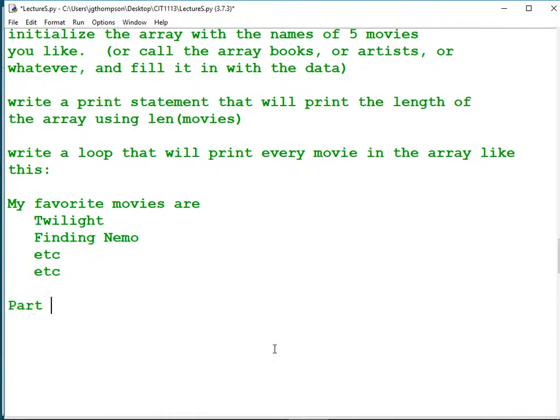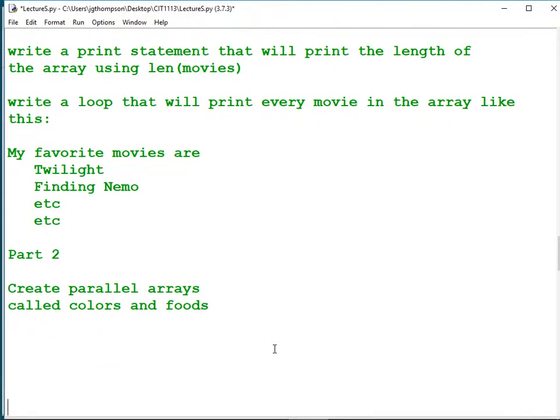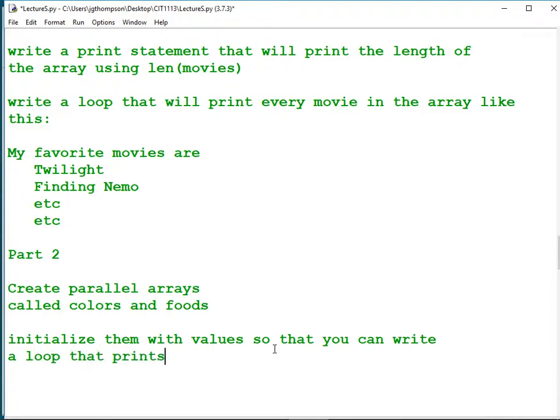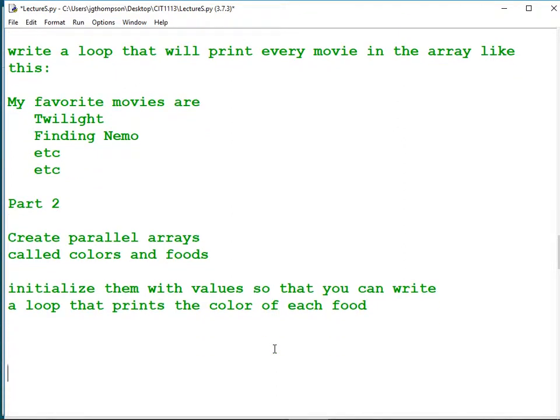That's part 1. Part 2. Create parallel arrays called colors and foods. Initialize them with values so that you can write a loop that prints the color of each food. For example, I like red grapes.